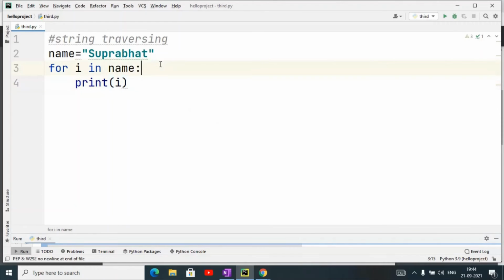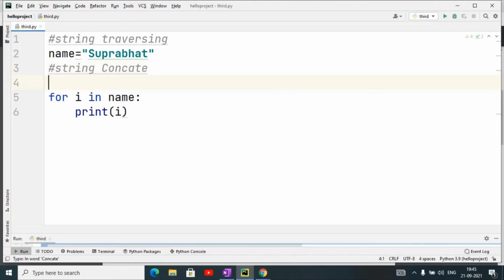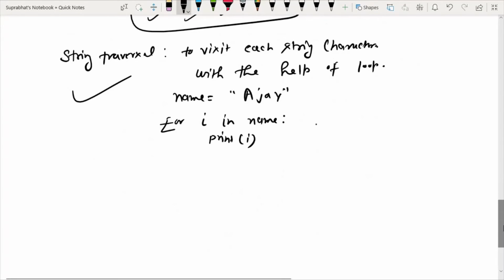Now the other operations, like string concatenation. How will we do string concatenation? For string concatenation we will use the plus operator.